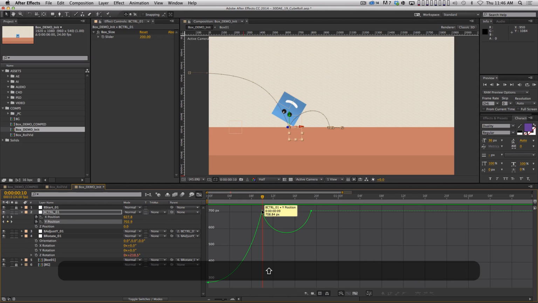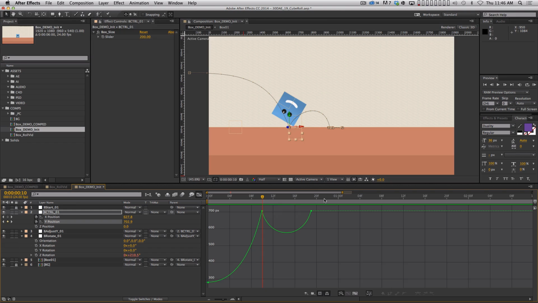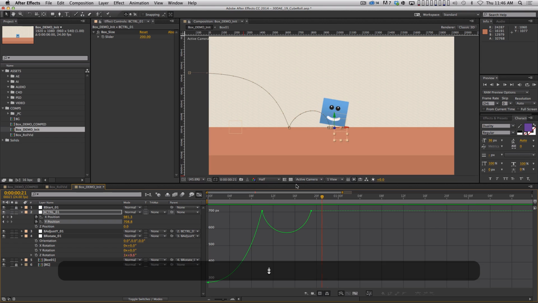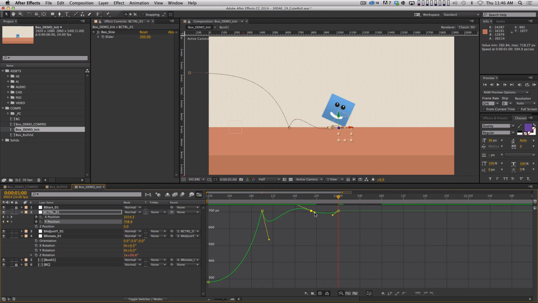So this bounce from here is frame 10 to here's frame 19. So this bounce was 9 frames. So the next bounce needs to take less than 9 frames. And you know, you could figure out exactly the right number of frames if you wanted a perfectly physically accurate bounce. We're just sort of eyeballing it here. So why don't we make it, I don't know, 5 frames. So we'll go 1, 2, 3, 4, 5, put a keyframe there, and we'll just have it do a little